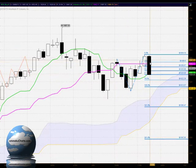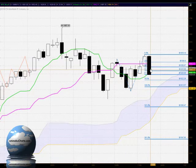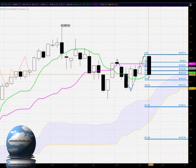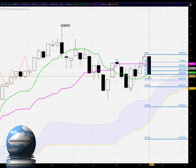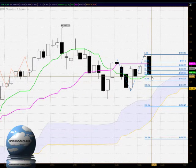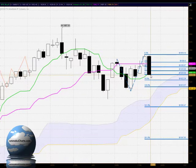And here today we saw the market take out important areas. We took out the 38.2%, the 50%, and we've closed just at the 61.8% level. So failing to close below the 61.8% level may be significant, but if we look at the dynamics in this current candle, the sellers have very, very strong control of this market. They've gained very solid downside momentum, and it certainly doesn't look as though this 61.8% is going to hold up